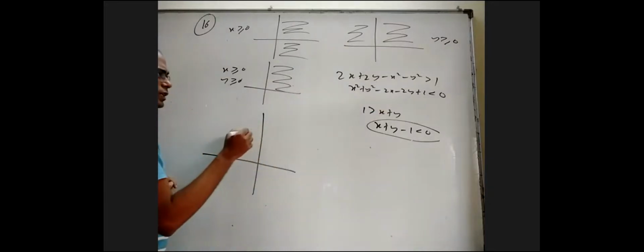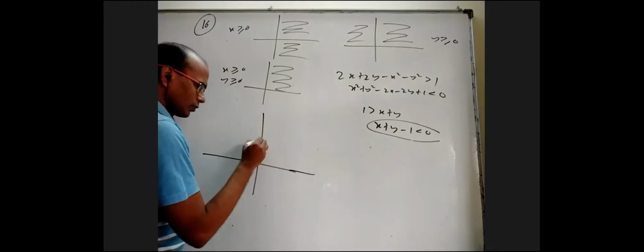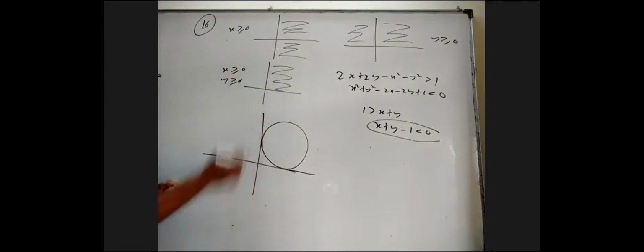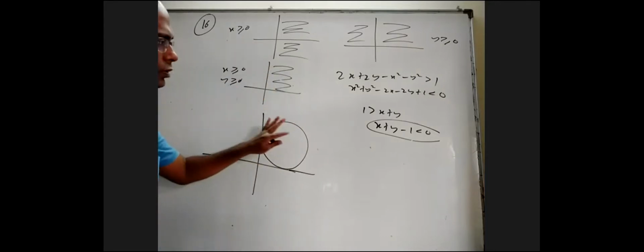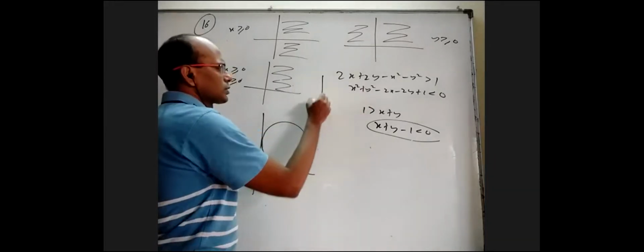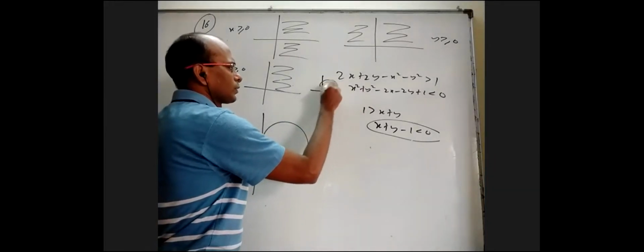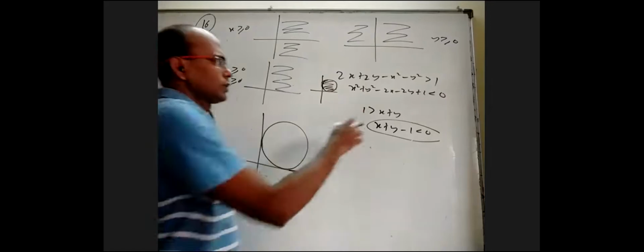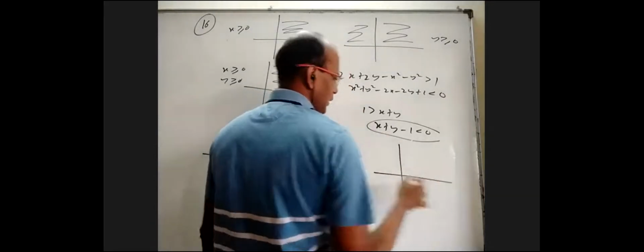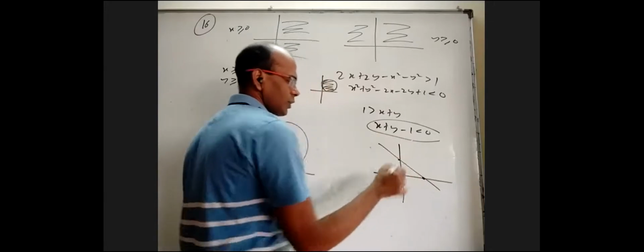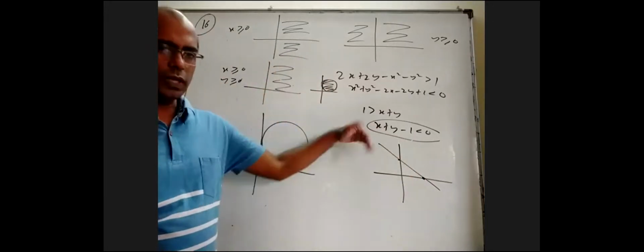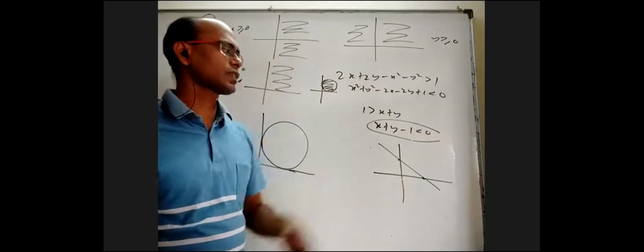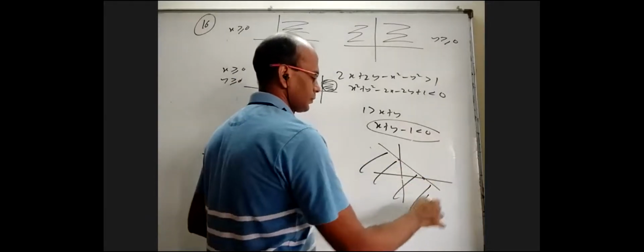Let us see this one. This one alone is a circle with center 1, 1 and radius 1, which is touching the x and y axis. Everything inside the circle is obviously in the first quadrant, so the first quadrant is covered. This alone is the full circle with center 1 comma 1, radius 1, only inside. This one alone, x plus y equal to 1, is a line with x-intercept 1 and y-intercept 1. How do we know whether it is this side of the line or that side? You substitute one of the points from this side or that side, and see if it satisfies. When you substitute the origin, it is satisfying, so it is the origin side of this line, this plane.